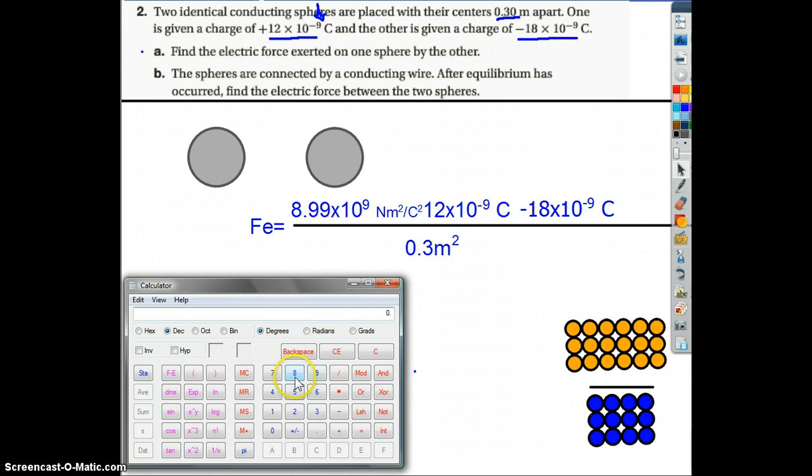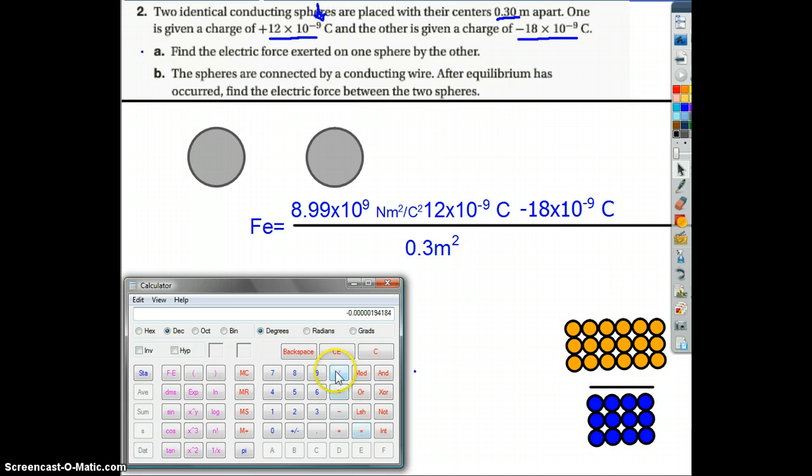Clear. 8.99 to the 9th times parenthesis 12 to the negative 9th, close the parenthesis, times another parenthesis, 18, hit my negative because that's how this works, exponent to the negative 9th again, close that parenthesis, hit enter,